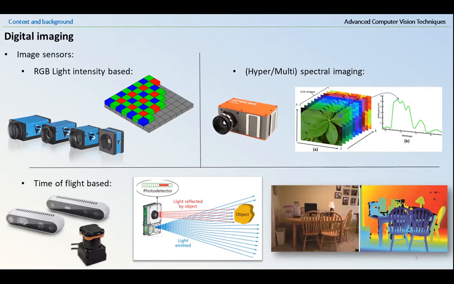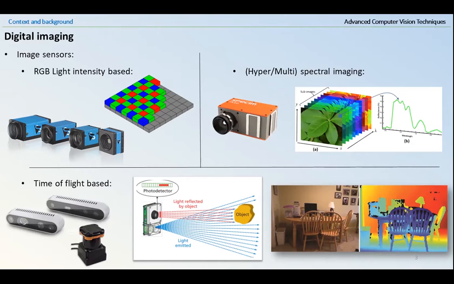Then the next ones are the hyperspectral and multispectral cameras, which are basically the same as the previous ones, but they skip the step of categorizing the light by colors. They store all the light intensities by different wavelength ranges, including the spectrums that we cannot see, IR or UV. By using these devices, obviously we have more accuracy and more detailed information than with RGB sensors, but they generate lots of data that are more tricky and slow to process. The last